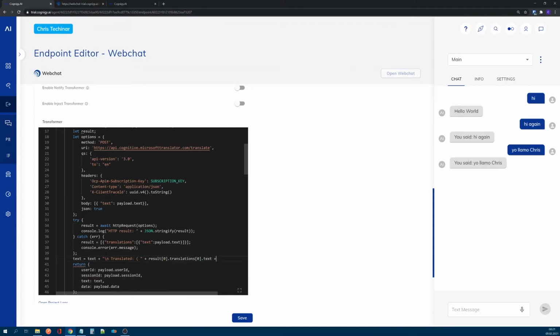The API allows you to actually send multiple separate strings at once, so this is why we receive an array, and this is also why we need to do a little bit of this.